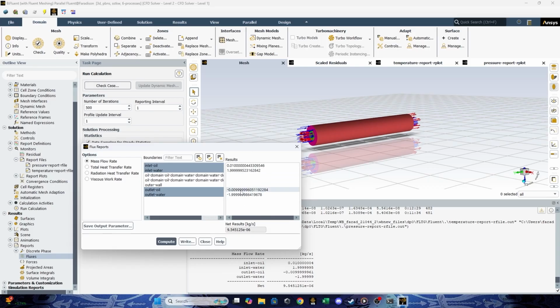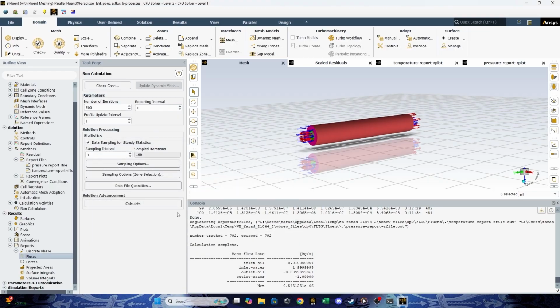What the meaning of this is that we know the principle of energy equilibrium, that the energy inlet is equal to the energy outlet. And you can see it's not absolute zero, but it's reaching zero. And yeah, you can call it zero maybe. So the energy inlet in the inlet oil is still the same for the outlet oil. That's the way to see if your calculation is convergent.